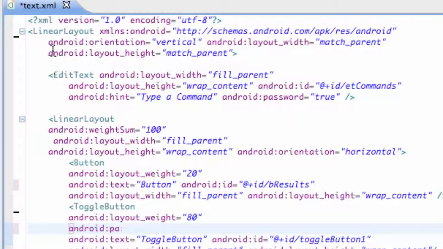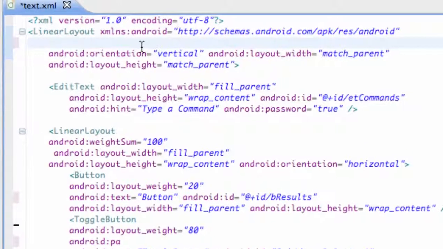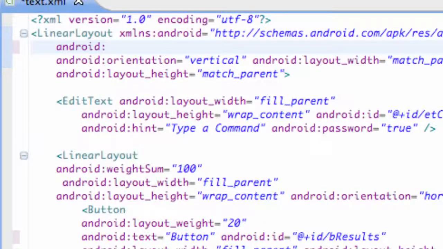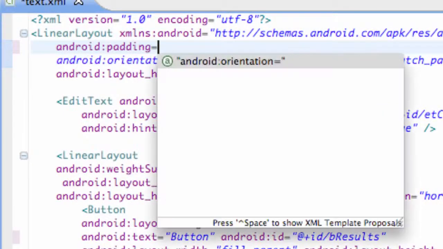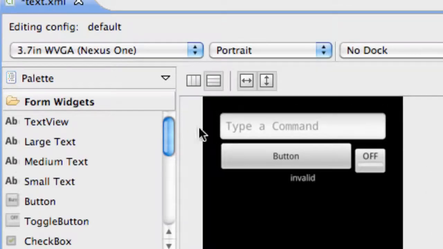Basically what I want you guys to do is go up to your first linear layout. This is the one that fills the whole screen and defines everything else within it, and just add a line of code within the opening bracket. Pretty simple. We're going to say android:padding, and we're going to put like 10 dp, something like that. Well, let's do 25 dp, just so we get a desired result. There you go. There's just 25 density pixels of padding throughout this whole linear layout that defines basically the edge of this